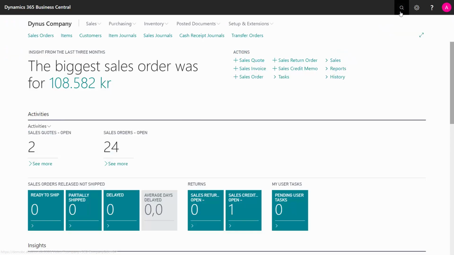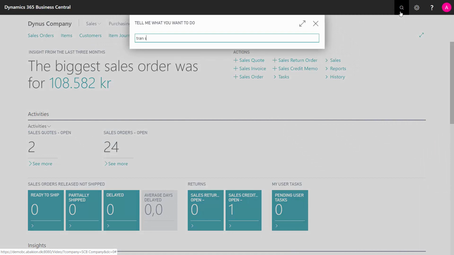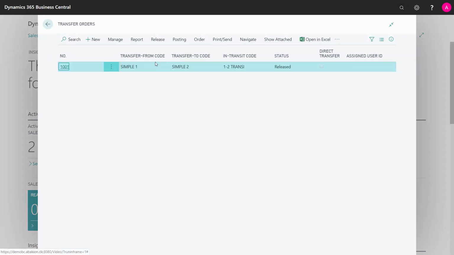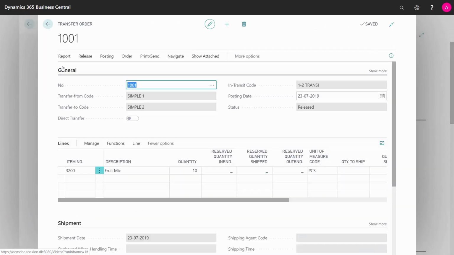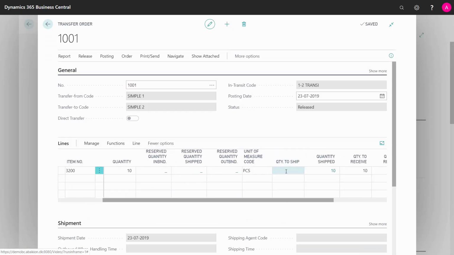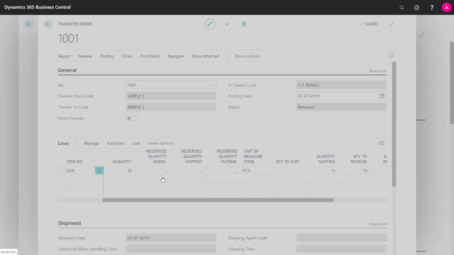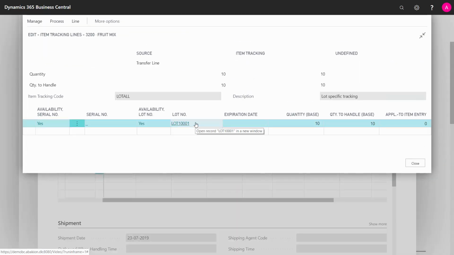Likewise, on transfer orders, if I'm taking a transfer order here, that one will need to be shipped first, and I have an example here that is actually shipped. So my quantity to ship is 0 because I already shipped a quantity of 10, and my quantity to receive is 10. And if I go into my item tracking line on the receipt side, I would expect it to have filled in the lot number automatically when shipping it because it's bound to the shipment that we already made.